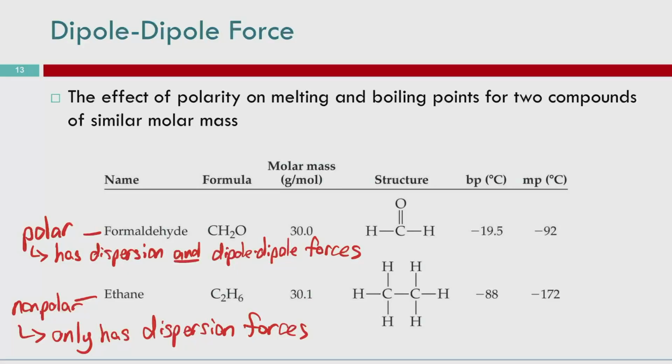And the way we're comparing that is with our boiling point and our melting point. So our boiling point for formaldehyde is about negative 20 degrees Celsius. Our boiling point for ethane that doesn't have dipole-dipole forces is almost negative 90. So we've got a difference of about a 70°C increase in our boiling point just because of having the dipole-dipole forces. Our melting point is an 80°C difference